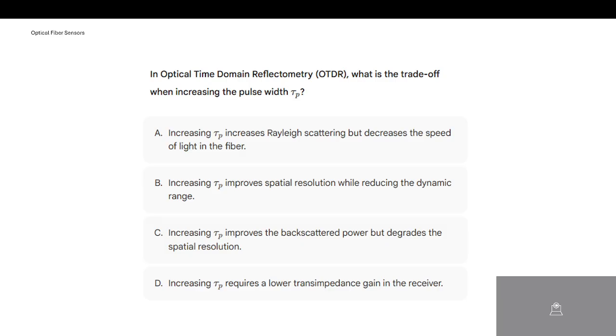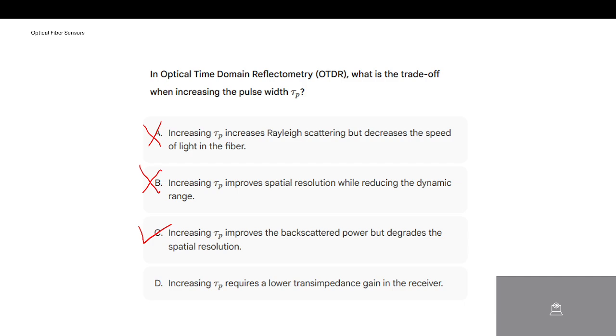Moving towards option B, increasing tau p improves spatial resolution while reducing the dynamic range. Option C, increasing tau p improves the backscatter power but degrades the spatial resolution. Option D, increasing tau p requires no transimpedance gain in the receiver. So the first option is not correct, the second option also not correct, the third option is correct, because the pulse width